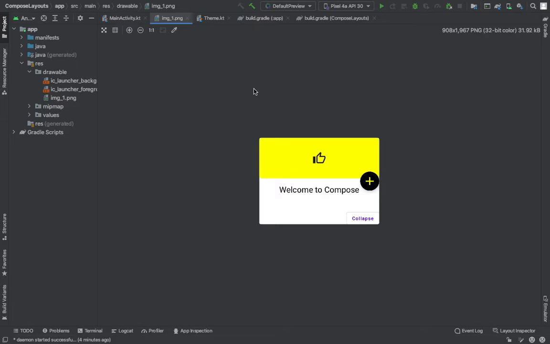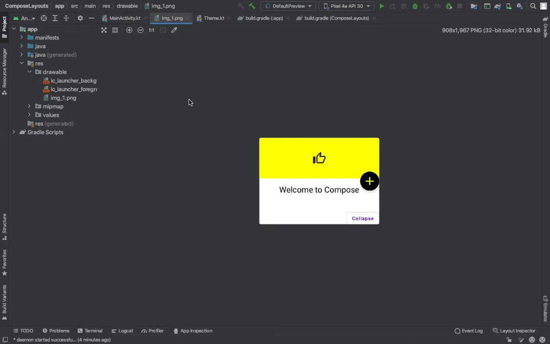In this video, we are covering how to use constraint layout in Jetpack Compose. The constraint layout is a very powerful layout in which we can position one view with respect to another view. This makes it more powerful than row and column. In row and column we arrange views horizontally and vertically respectively, but in constraint layout we can specify our own constraints, how we want to align one view with respect to another.